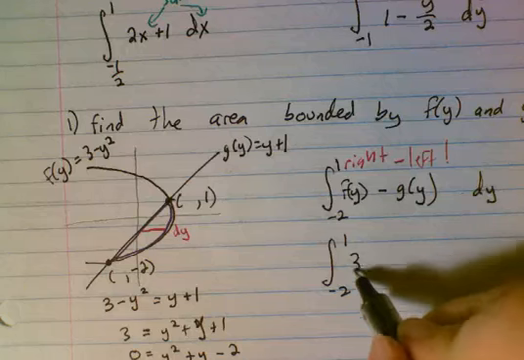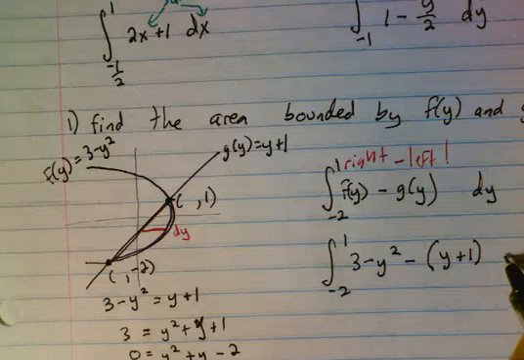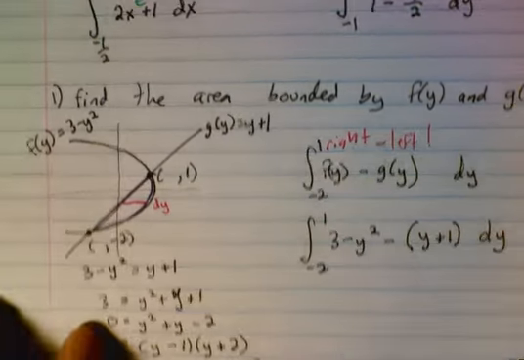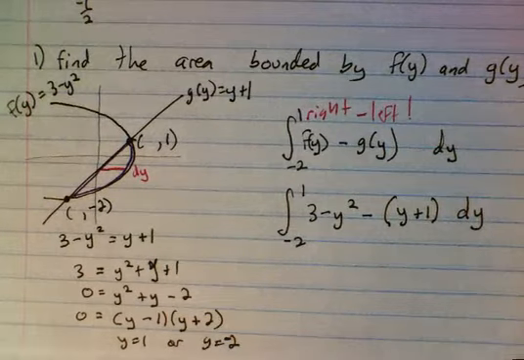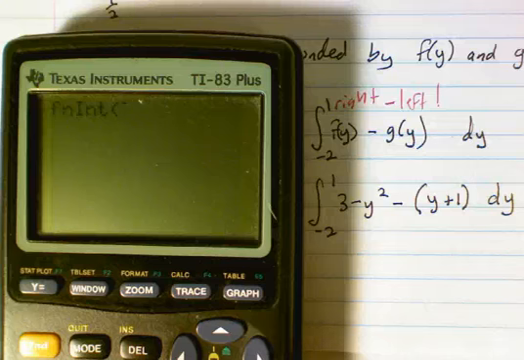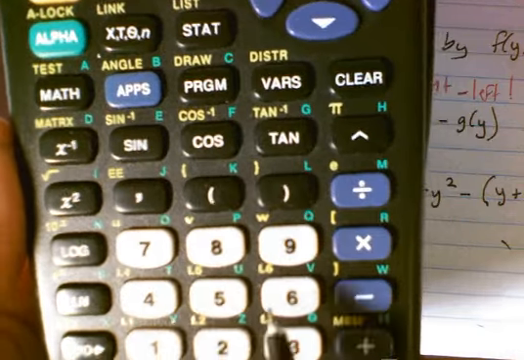I can plug these in, 3 minus y squared minus, make sure this is in parentheses. And then, handy dandy little calculator. Whoops, that got away. There we go. We can still use finite integral for this, so math 9. Because we're using y as our variable, we're just going to put y in. So I'm going to do 3 minus, and then I can go alpha. That's this green button right there. And then y is